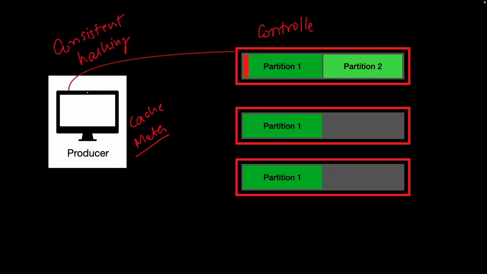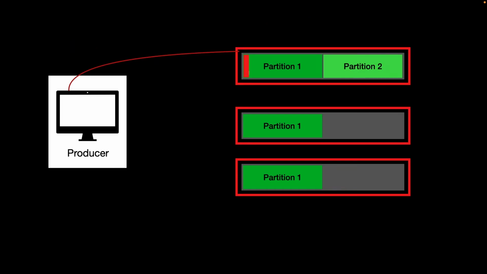Now what happens if the metadata information on a particular client is outdated? For example, let's say this was the controller node, and the client had the information of the controller node and was making API calls to this node only. But after some time, this controller node lost its connection, and this is the new node. So this is the new controller node, this one is the older controller node, and the producer is trying to push a message to this broker. In this case, this producer will get the error: not a leader.